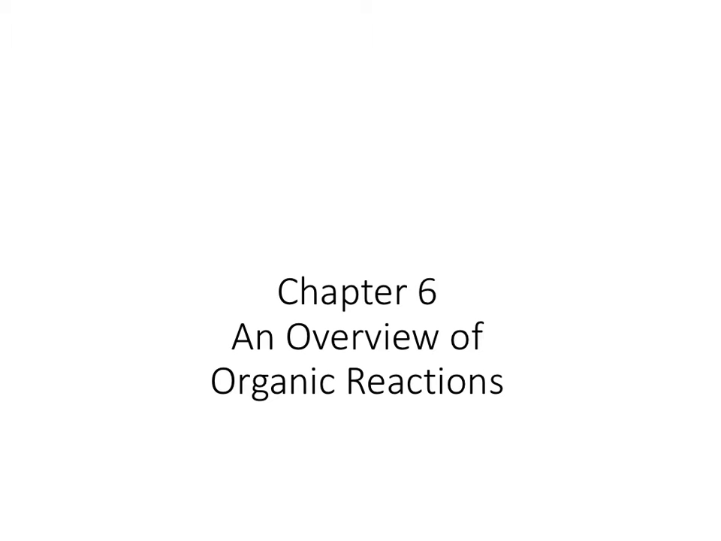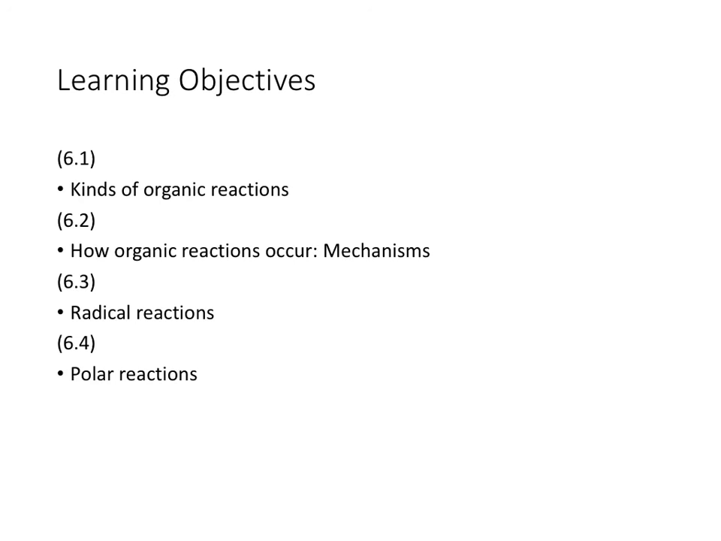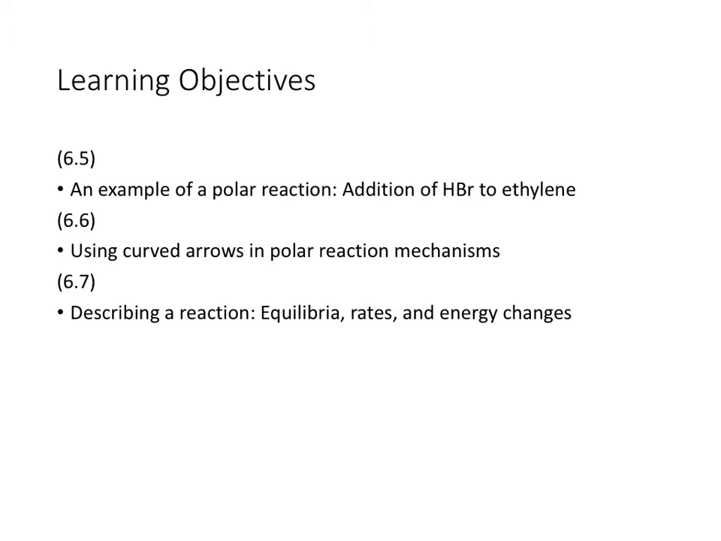This video covers all of Chapter 6. We're going to go over the kinds of organic reactions, reaction mechanisms, radical and polar reactions. We'll do an example of a polar reaction. We'll talk about using curved arrows, and then we'll move on to describing a reaction in terms of equilibria rates